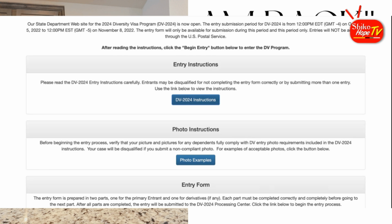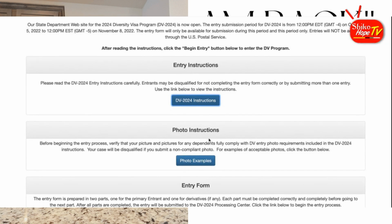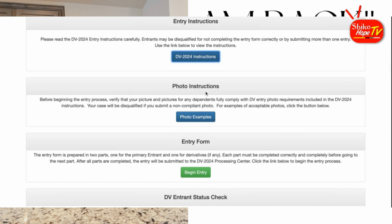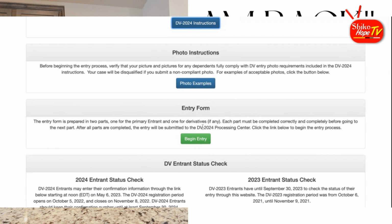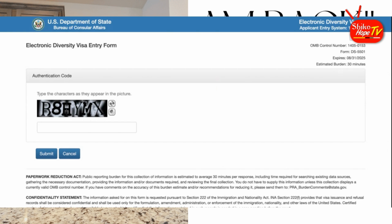So let's go back to the diversity visa application. Photo instructions, we looked at the photo instructions in our previous videos. We are not going to go back to that. So let's start filling the diversity visa lottery form. You click begin there, which brings you to this authentication code here,